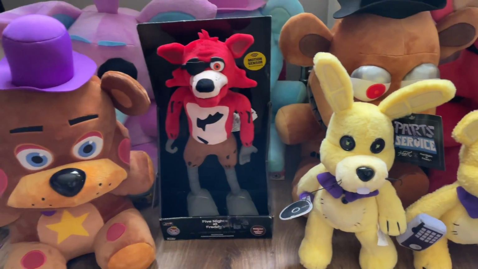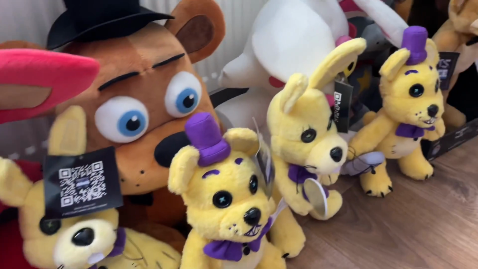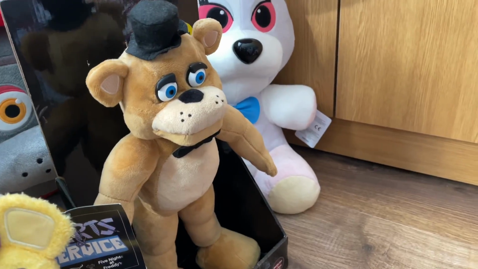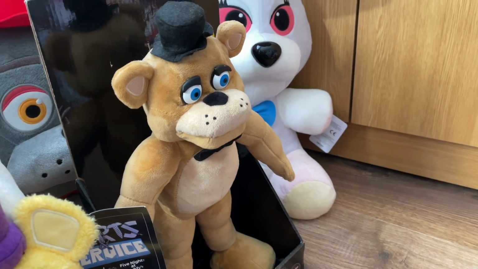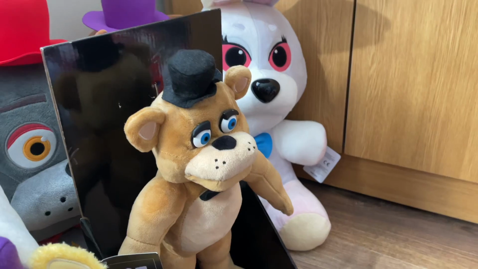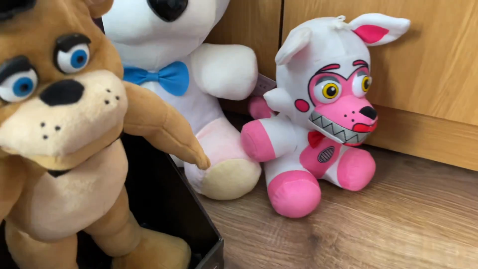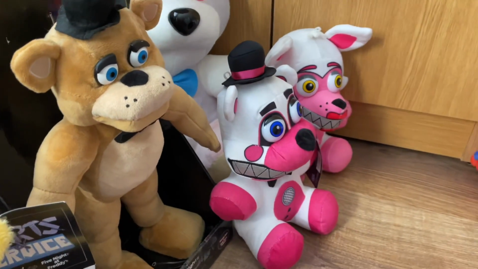Up next, we've got Goodstuff, another official brand of FNAF merch, mind you, and oh boy do I have a lot of those. I'm going to start off with the largest Goodstuff plush scale I have, which is 12 inches, and then make my way down. So firstly, we're going to start off with the 12 inches as I said, so we've got Funtime Foxy, Funtime Freddy, you know, the list is just going to go on and on,